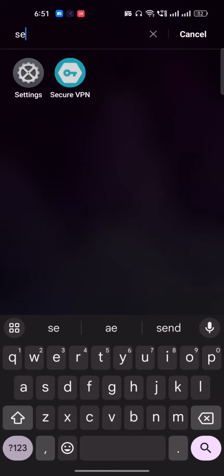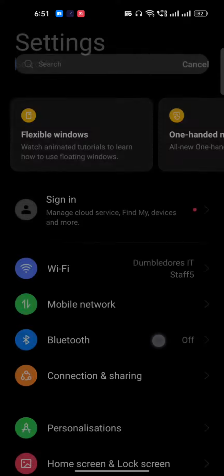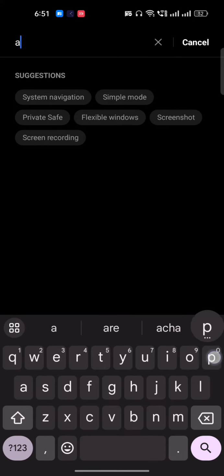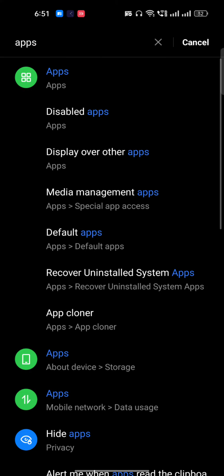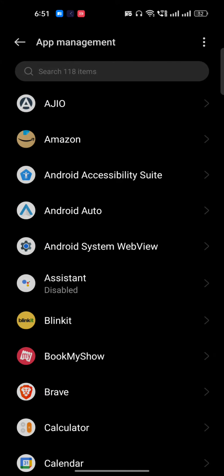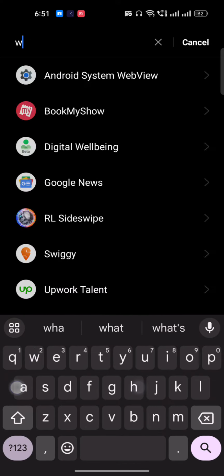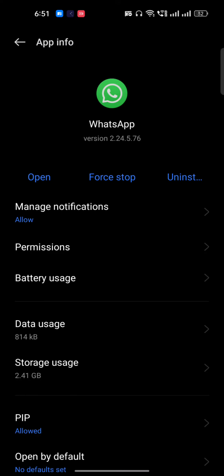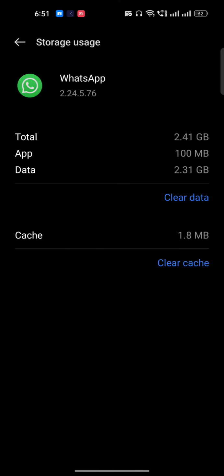Just go to the settings of your phone. And once you go to the settings of your phone, here you have to search for apps. Once you search for the apps, you will get this option of app management. App management is basically it will show you all the applications which are present on your phone, and here you have to find WhatsApp. Once you find this WhatsApp, make sure you go to the storage usage,